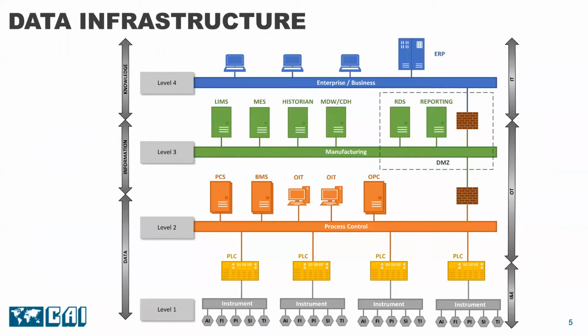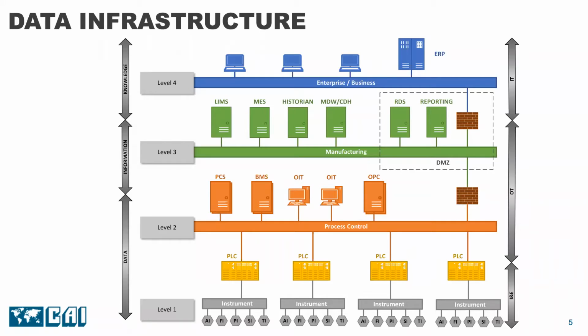Here we have a data infrastructure diagram that has ISA S95 levels as an overlay. This is a logical diagram abstracting the physical details. Some of the systems you see here could potentially reside at the enterprise, at another site, or in the cloud. However, regardless of their physical location, they still logically reside at the indicated level. Most assuredly, the components at level 1 and 2 will reside physically at the plant level.